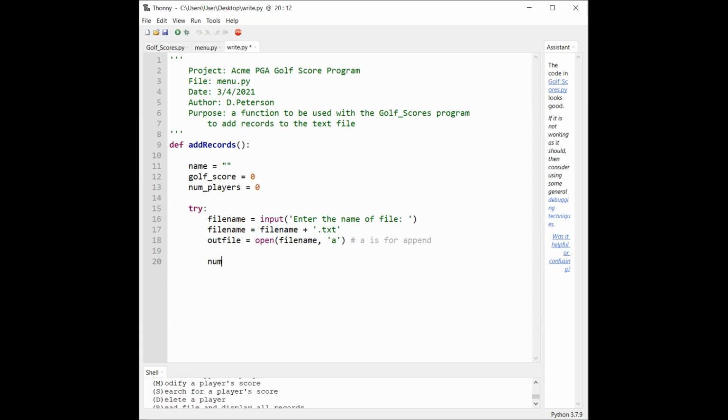First question we're going to say here is the number of players. And that's just how many people do you want to put in, right? How many people